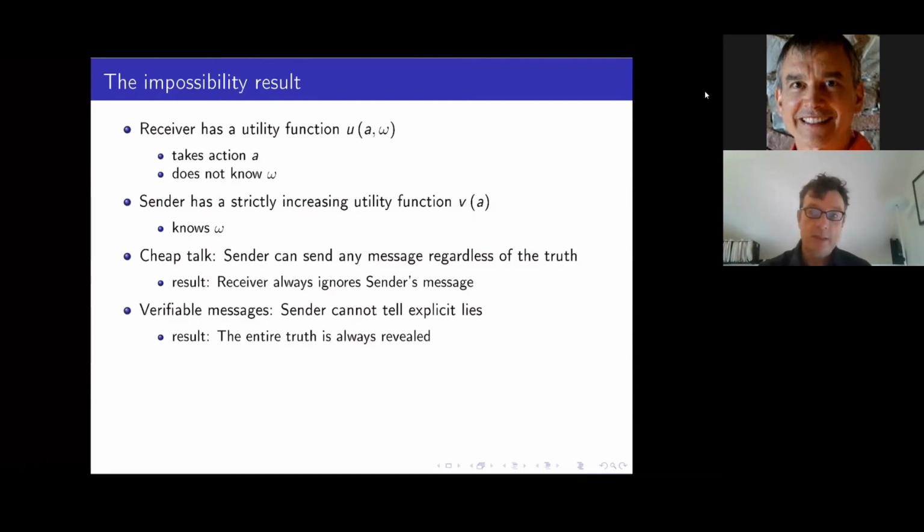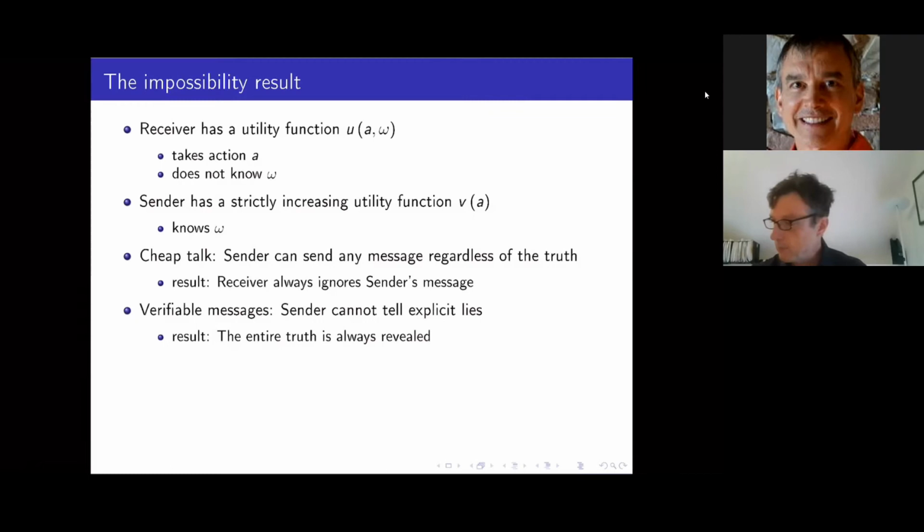If it's not, well, then he has already revealed that it's not the highest possible state, and it might be just the second highest possible state. But now by induction, we can infer that the sender again would have an incentive, if he's restricted to just report anything between the lowest and the second highest possible state, to report the second highest possible state. So this process unravels, unfolds, and in equilibrium, the sender will find it optimal to always reveal the entire truth, because absent that, the receiver will make the rational inference that the state is the lowest possible state.